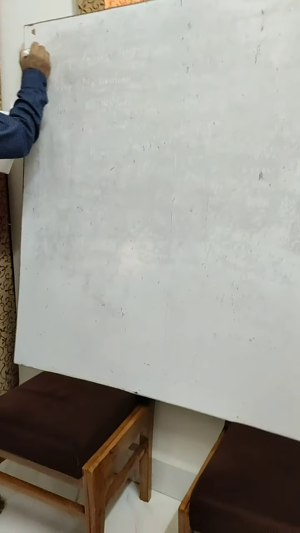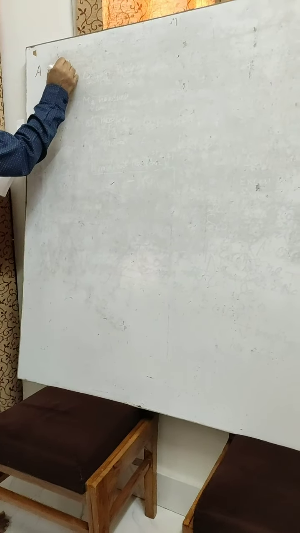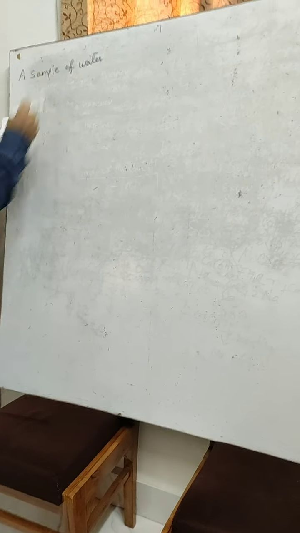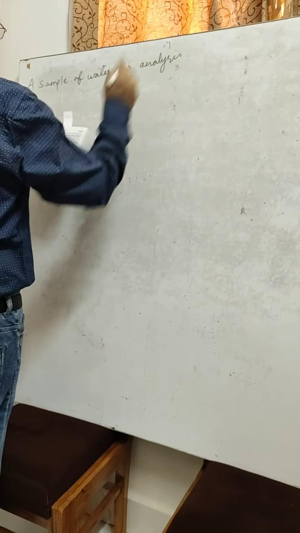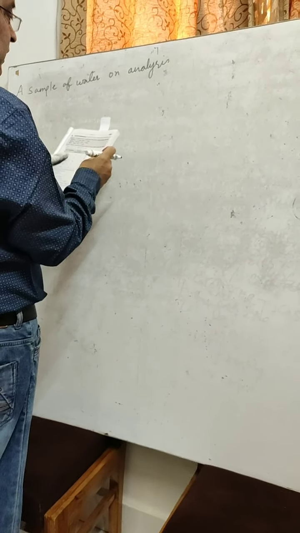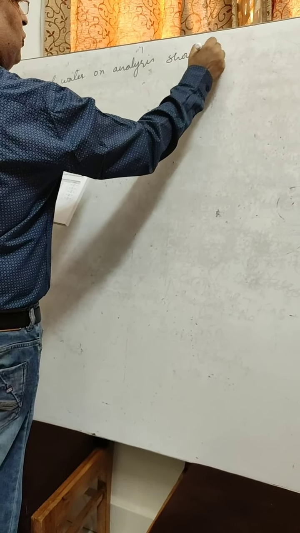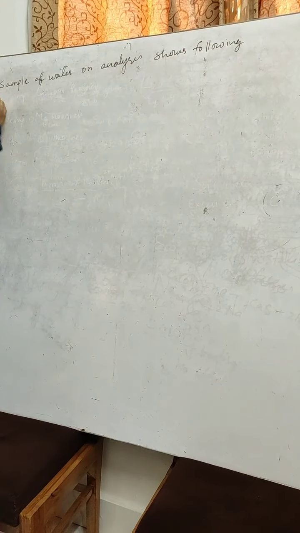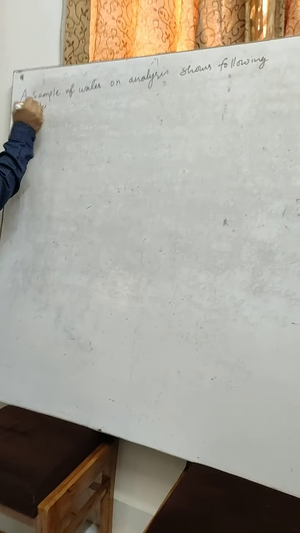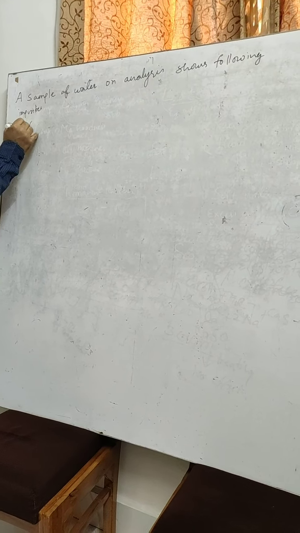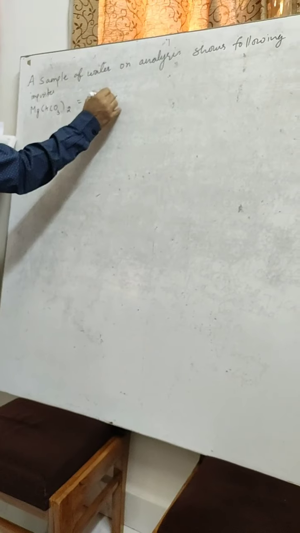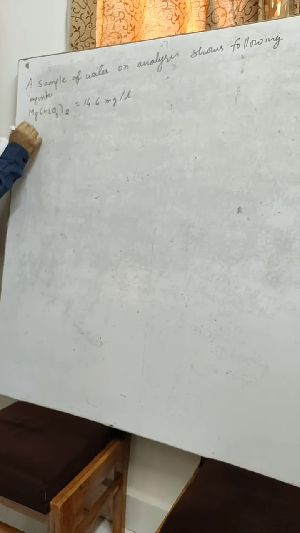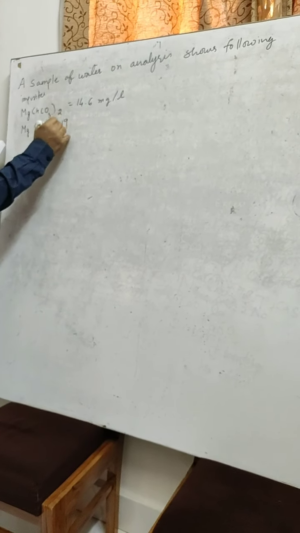Now, it is given that a sample of water on analysis has been found to contain the following impurities: magnesium bicarbonate 14.6 milligrams per liter, magnesium chloride 19 milligrams per liter, then